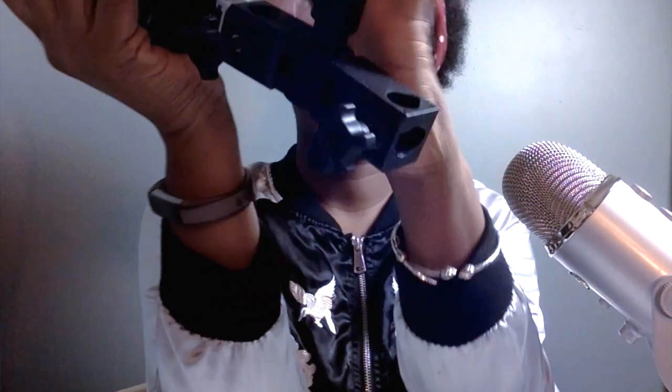I want to show you a setup for this type of flash, and I'll post some pictures after this video as well. I want to show you the setup that I did in order to use that flash on a tripod. So what I did is I went out and bought a grip. I'll just take this off here so you can see. I bought a grip from my local camera store, and it's just a regular one that you would find